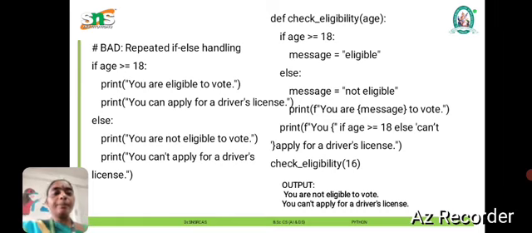For example, two kinds of examples are available. The first is normal condition checking; the second is checking a condition with the help of a function. In the first, if age is greater than 18, the condition is true and the true block is executed, else the false block is executed. In the other, inside a function we check a condition: true means the true block, false means the false block is executed. The function name is check_eligibility.